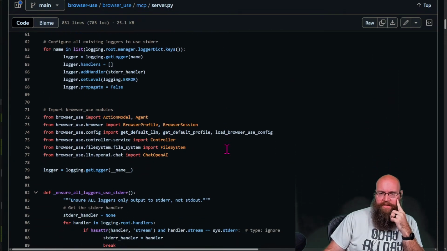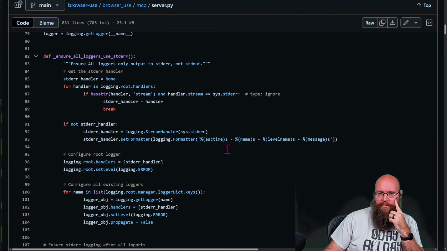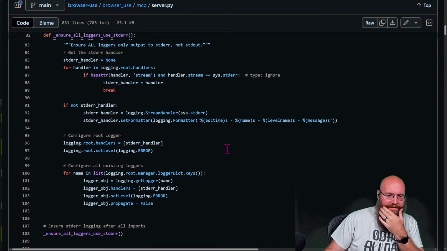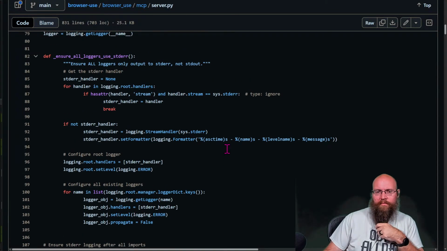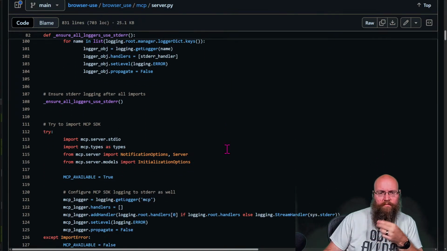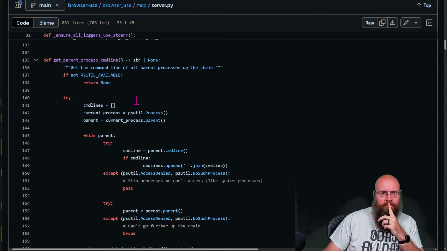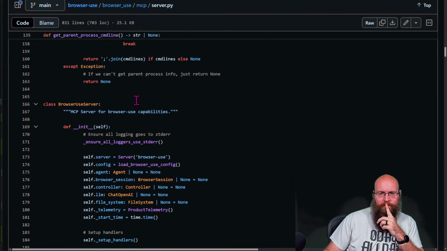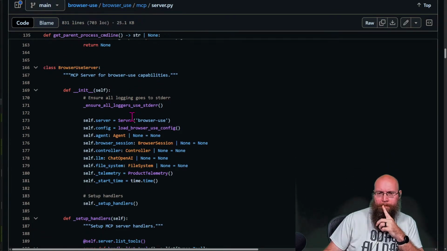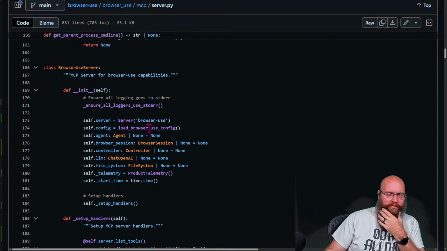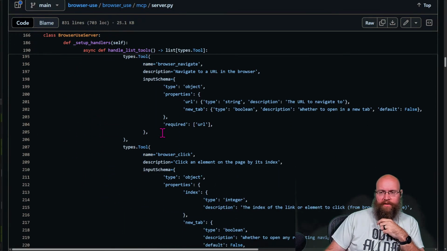Because for some reason there's a disconnect between which version of the browser it's trying to run and which one is actually available on the disk. There's our load browser use config, so maybe we'll have to set up a config file for it.